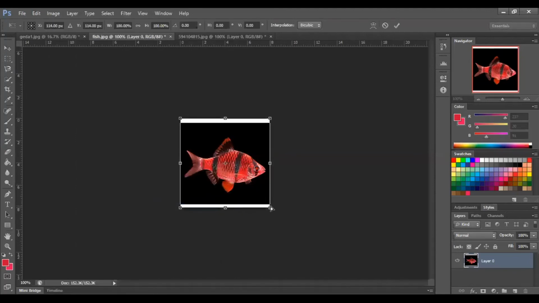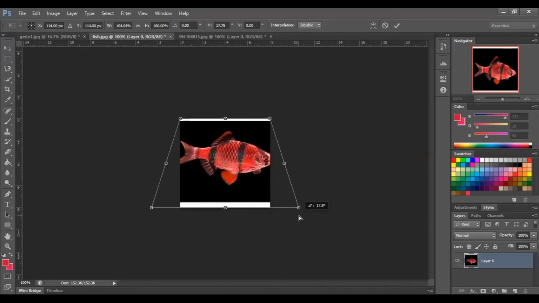Now I am going to see another option in Transform, that is Perspective. See, first to see the effect, I am just dragging this corner. It is applying the effect to both bottom corners. So perspective means the other side is being transformed with respect to the side which you are transforming.